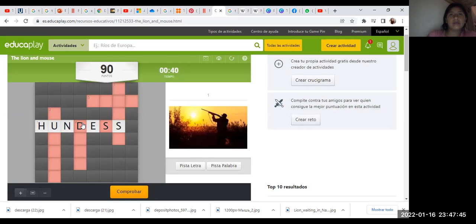And can you repeat the word? For example, this is the word.